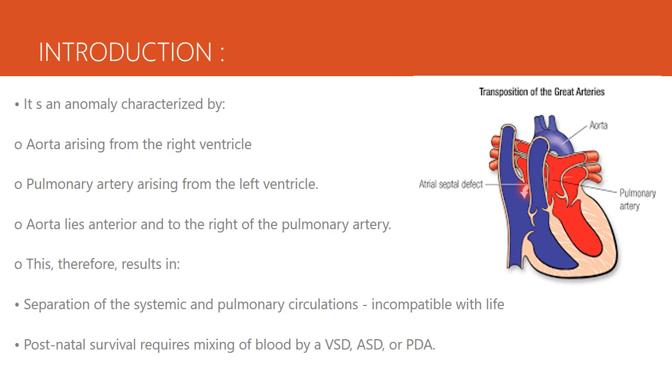As a result, oxygenated blood from the lungs is recirculated back to the lungs, and deoxygenated blood from the body is pumped back to the body. This leads to a lack of efficient oxygenation of the body's tissue and is incompatible with life. Therefore, postnatal survival requires mixing of the blood by a ventricular septal defect, atrial septal defect, or patent ductus